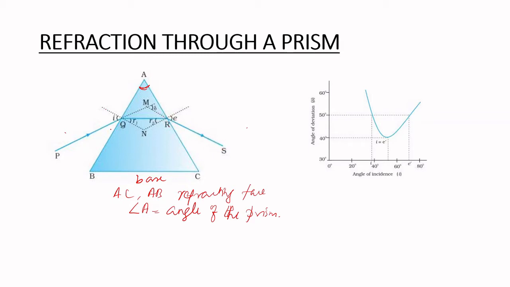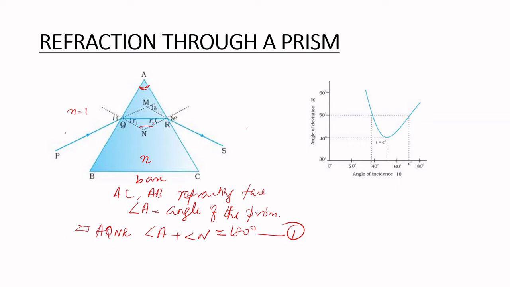Just imagine this prism has a refractive index n, and here it is air. So the refractive index over here is 1. According to geometry principles, we can take this quadrilateral AQNR from the diagram. In the quadrilateral AQNR, we can say angle A plus angle N, the opposite angles, sum is equal to 180 degrees. That is our equation number 1.